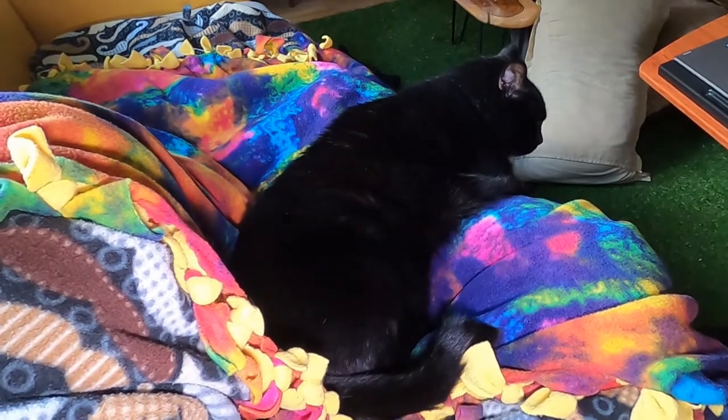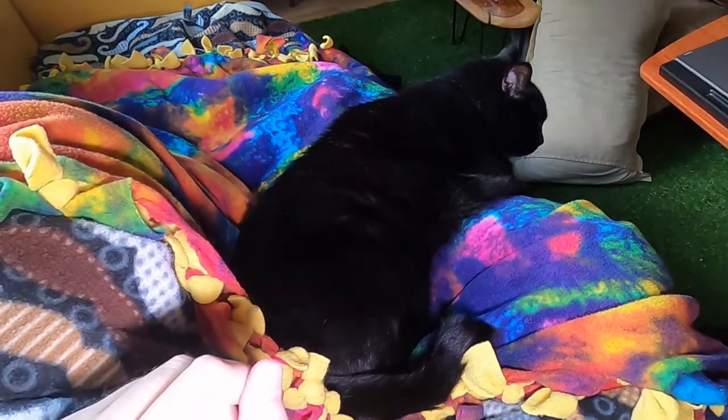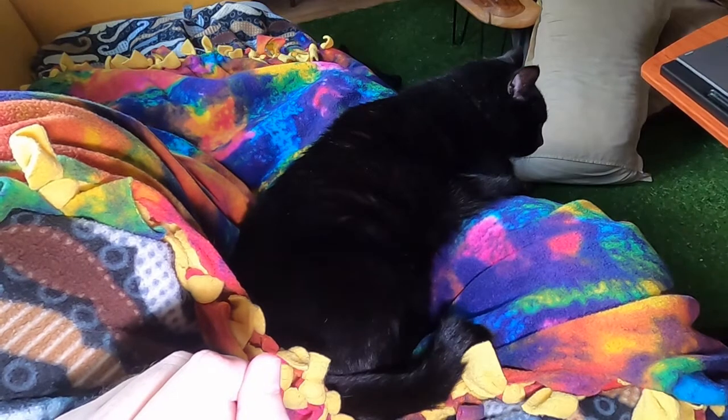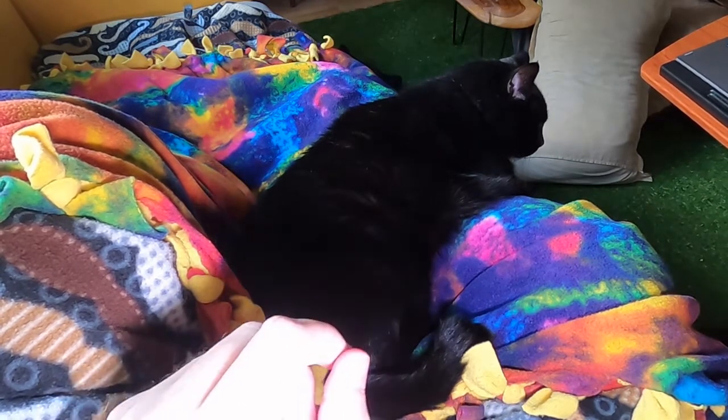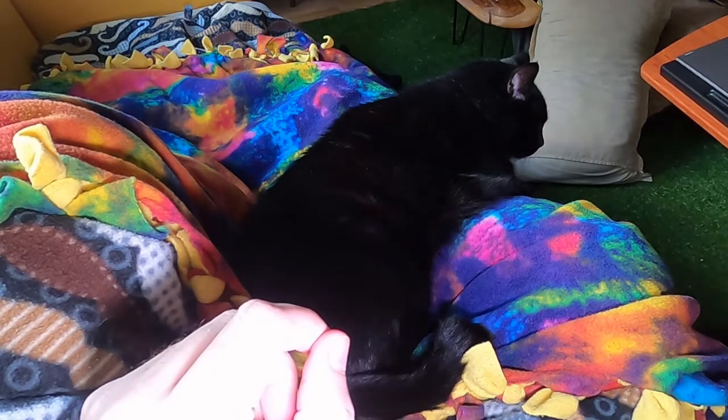Make sure my cat's in view for a few seconds here before he runs away. Don't let him fool you. He's not as sweet as he wants you to think. But